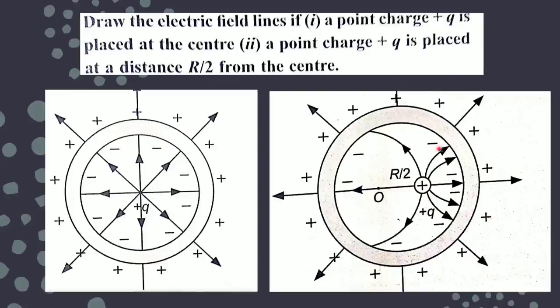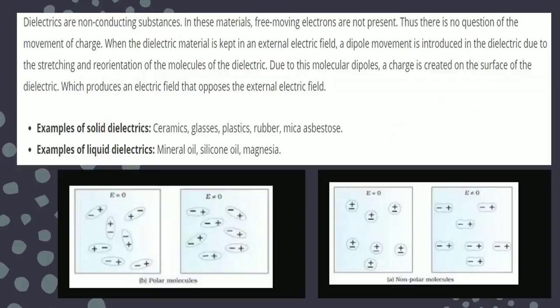And here it is simply showing you the density, how the field is getting changed, but the direction is always from positive to negative. And here of course there is no field, because this is a conducting surface, a conducting shell. So there will be no field inside the conducting shell, and this is the reason, in between, where we have kept the point charge. So you should be able to draw the field lines in whatever situation comes across you.